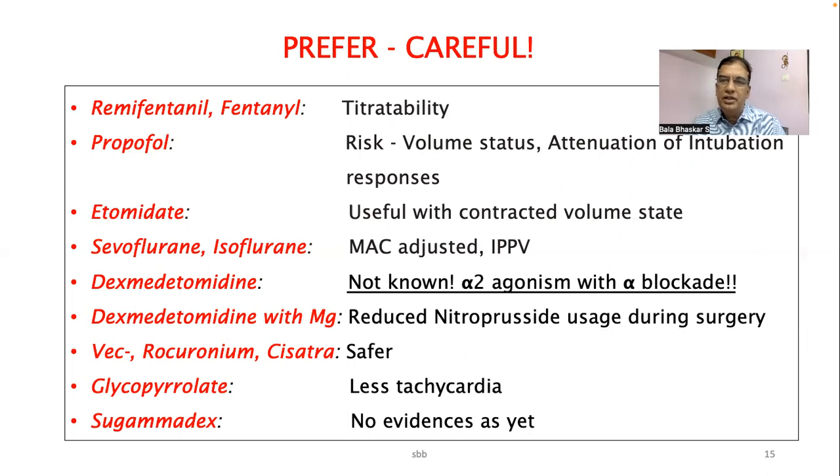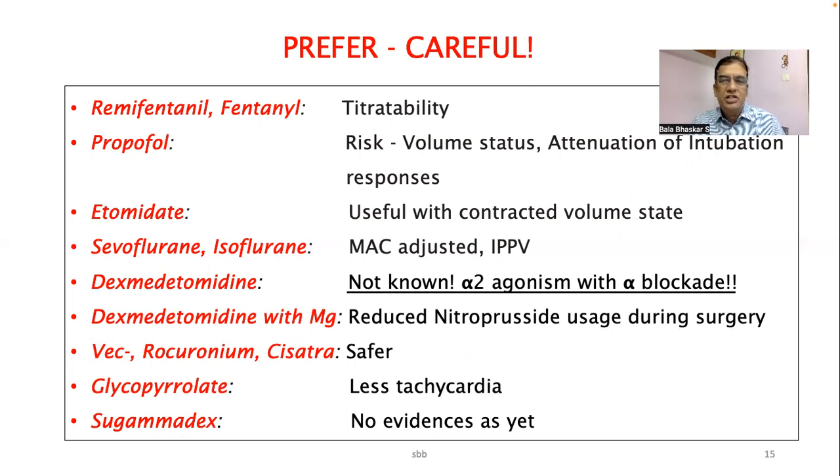Dexmedetomidine usage has not been discussed much, and there is not much evidence about its use per se. But theoretically, we should be thinking about the alpha-2 agonism produced by dexmedetomidine, which is mainly central, and the alpha blockade produced by the drugs used in the preoperative control of blood pressure. What happens at the peripheral alpha-2 presynaptic effects? What are the interactions? We don't know. Of course, dexmedetomidine with magnesium has been used in a case of pheochromocytoma to control arrhythmias in the perioperative period, and was found to be beneficial.